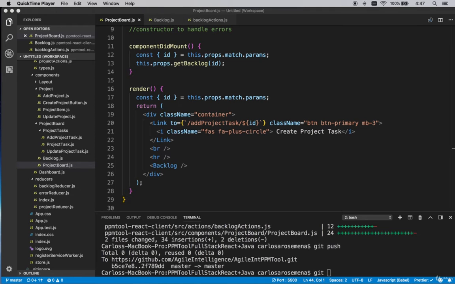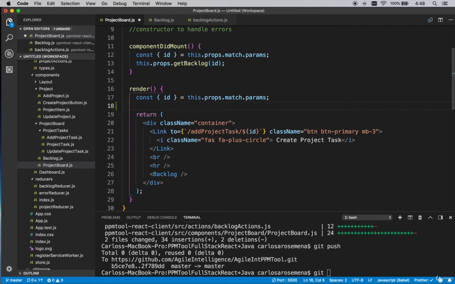Okay, hey team. So now we want to take our first step into actually viewing the project tasks in our backlog. For this, first of all, we need to take our project task list from our props. So basically we're going to do const project tasks, which is exactly what we saw on the